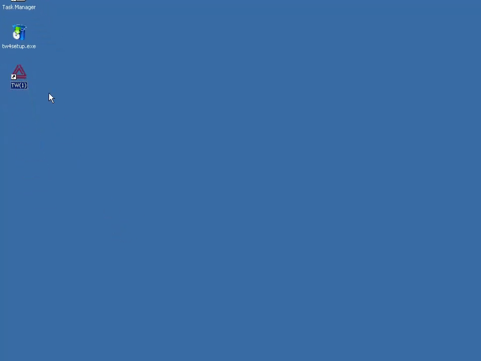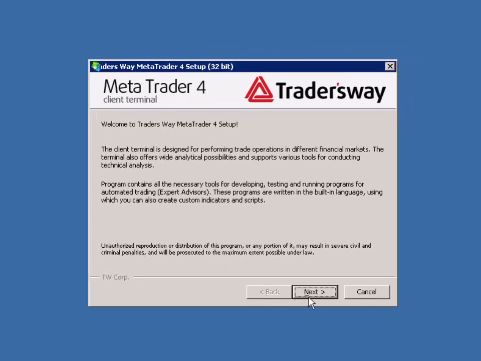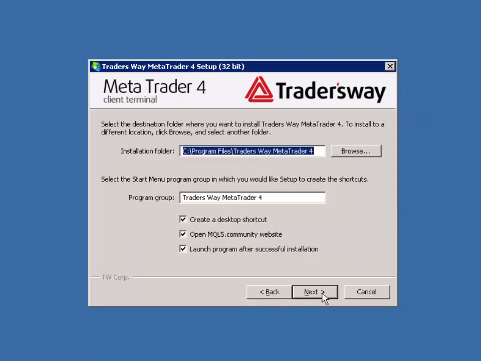Now let's proceed with the second installation. Double-click the TW4 setup.exe and follow the exactly same process. Click Next. Click Yes, I agree. Click Next. In this case, for the installation folder, we are going to choose MT4